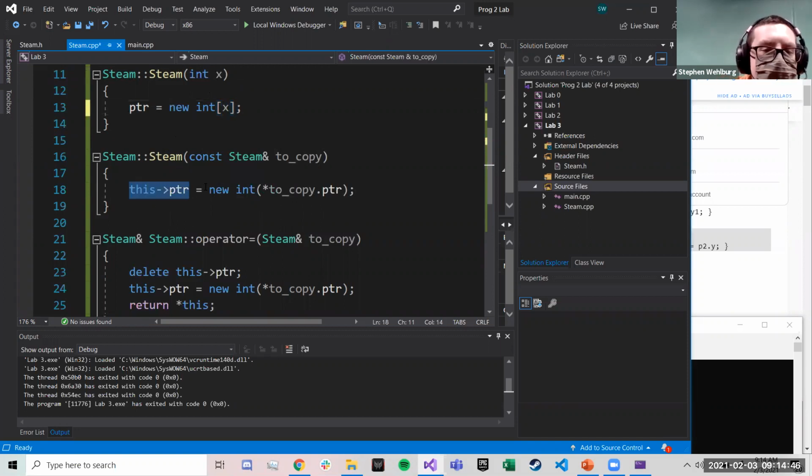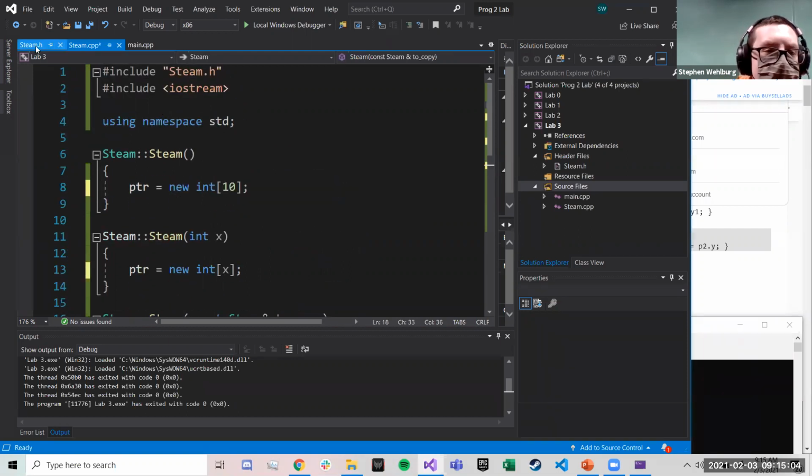When we said this pointer equals a new, we can't do this anymore. It's not just that simple. What this would do is go to the first address of the to copy pointer, and whatever int is stored there, assign it to here. So if it wasn't an int pointer,